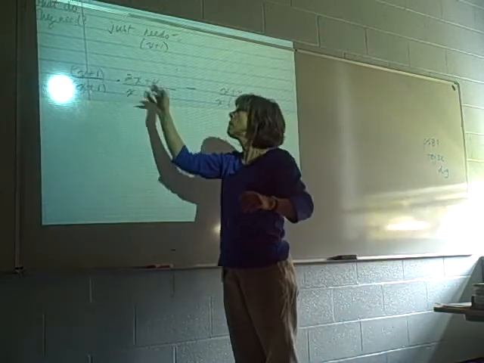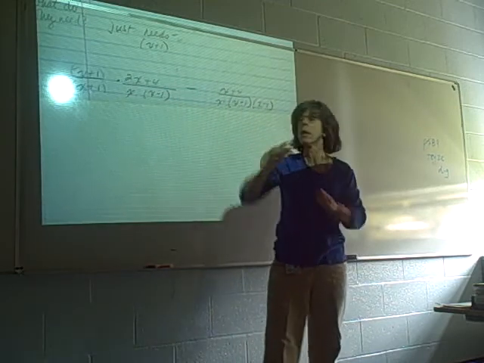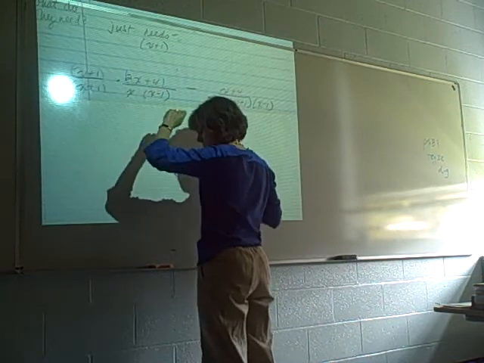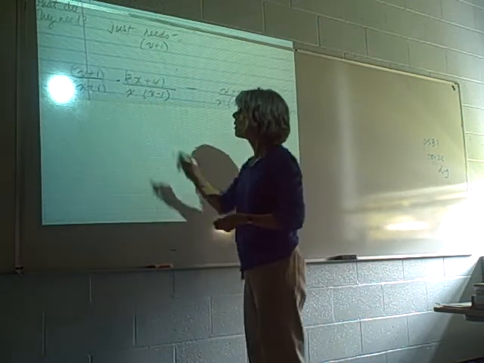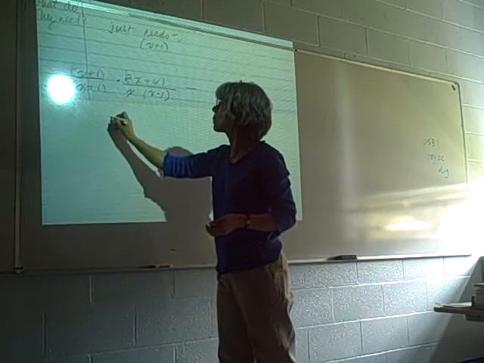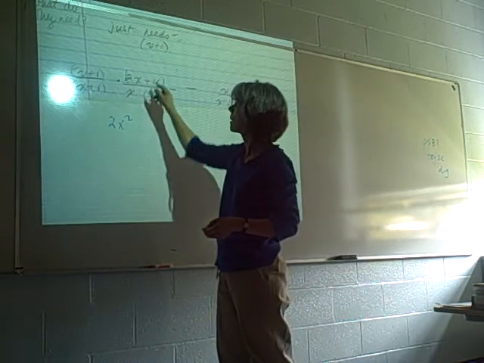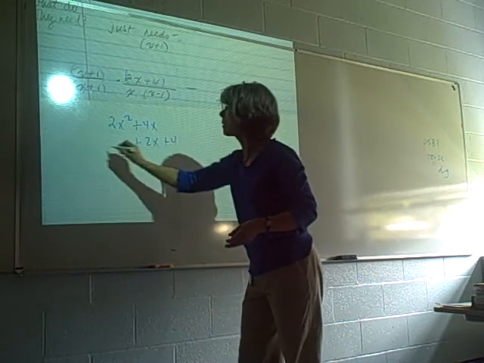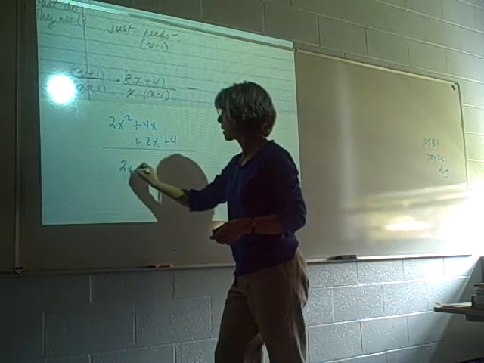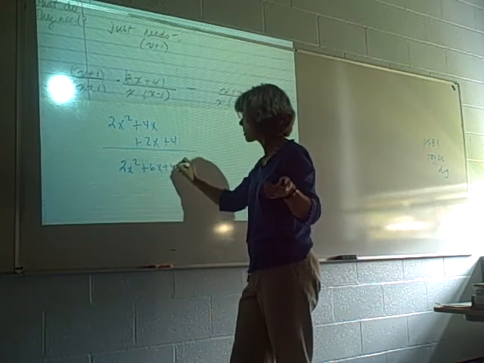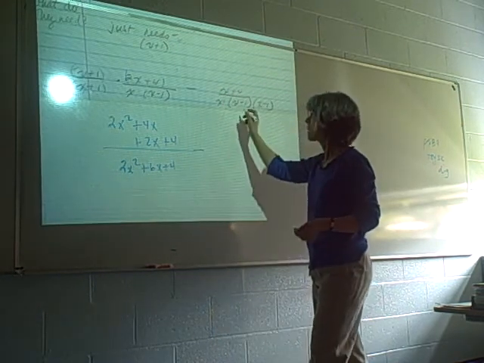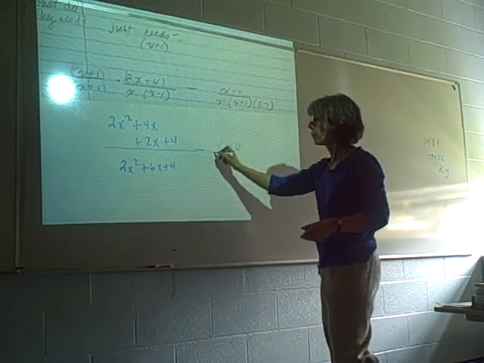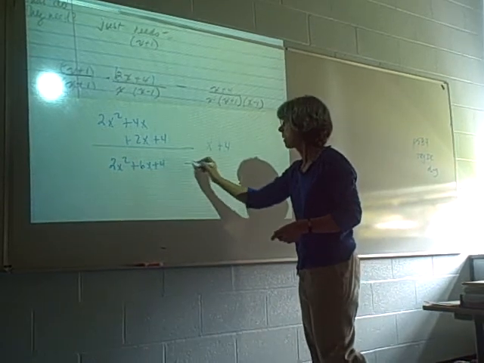And it becomes a little messy, because what do I now have over here? I am multiplying two, what are these called? Two binomials. So I'm going to have x times x is what? 2x squared plus 4x plus 2x plus 4. And that's 2x squared plus 6x plus 4 minus x plus 4 over, and let me say minus, sorry, x